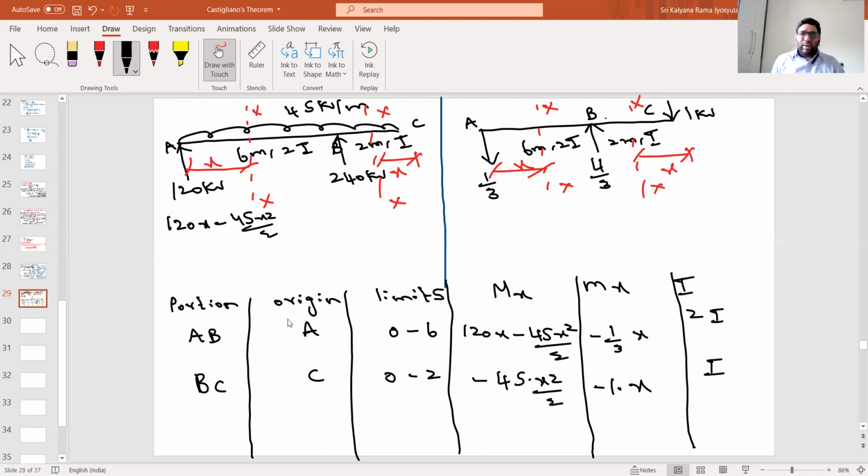So this is how we need to apply the concept of moments both for a beam with external load and a beam without external load, with a unit load. So how to calculate the deflection, we will see in the next class.